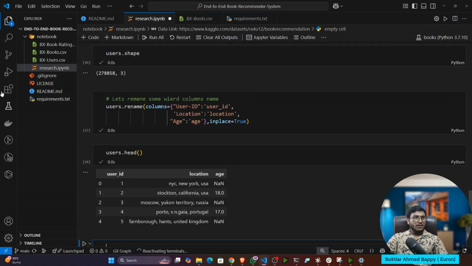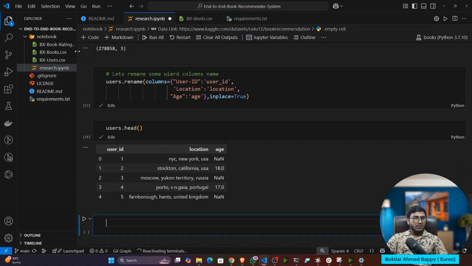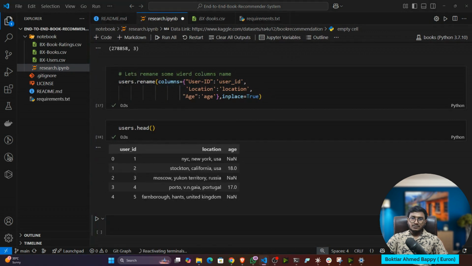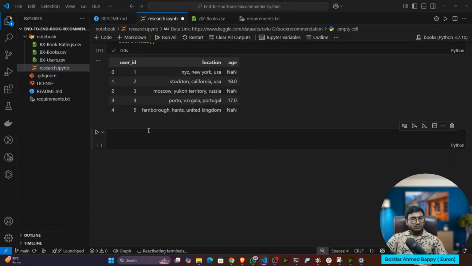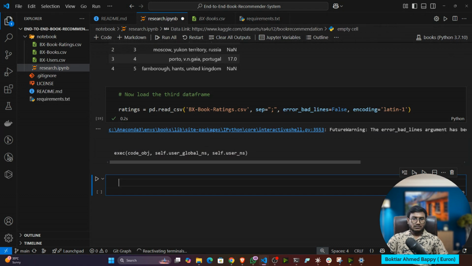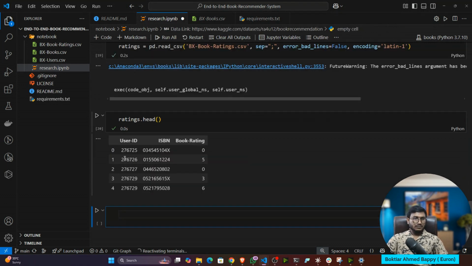Now we'll try to load the next one called book ratings, okay, this particular file. So again, I will be using the same code. So book rating.csv, separator, bad lines, Latin 1. Now if I show you the ratings, you can see it is having user ID.